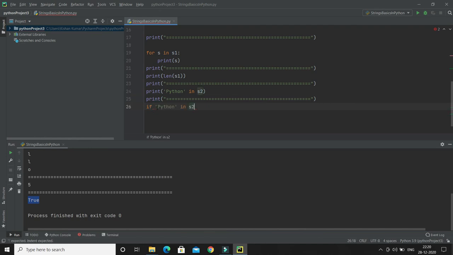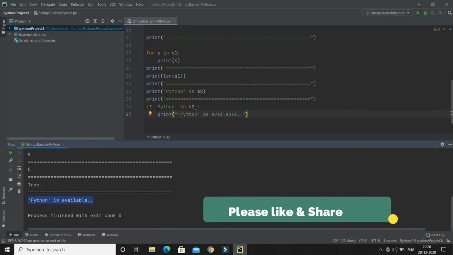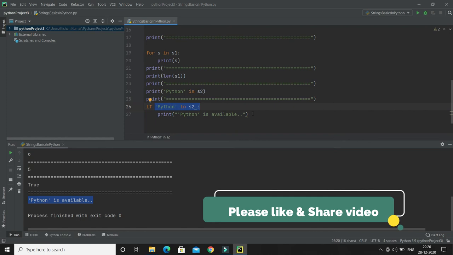If that becomes true, then you can print the message Python is available. And if I run, then here you can see the output saying that Python is available. So you can use this condition in an if conditional statement as well.